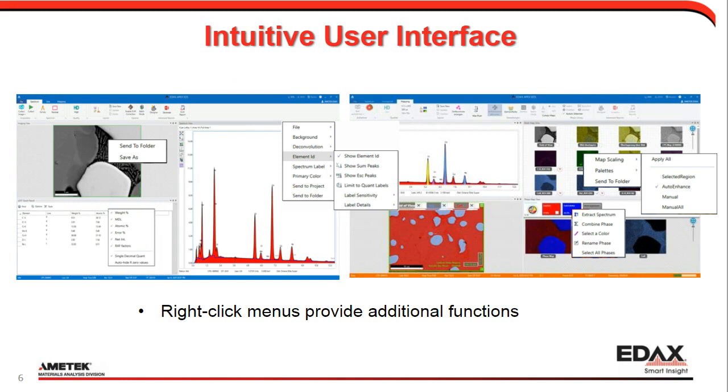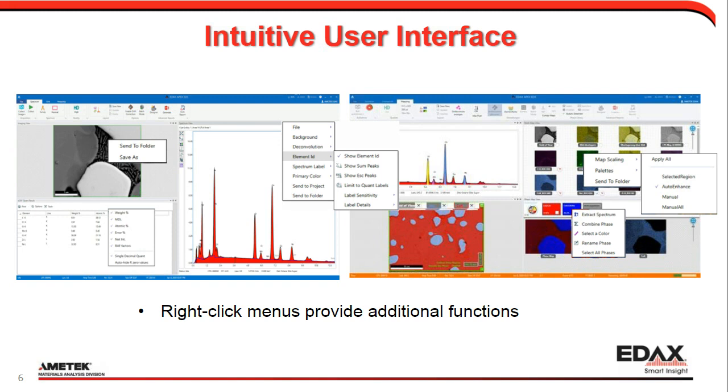Additional functions are provided through right-click menus. You can right-click on the image to send it to folder or save as multiple file formats. Right-click on Quant table can customize the items you want to display. Spectrum right-click menus give you